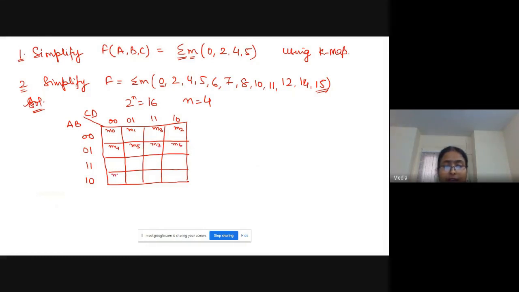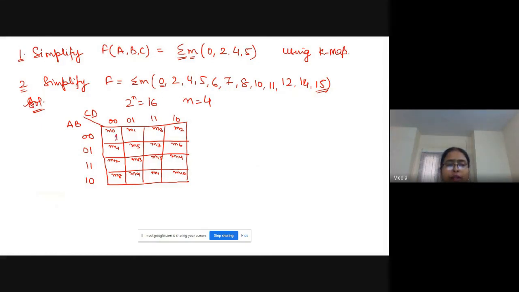Here also this is M8, M9, M10, M11, M12, M13, M14, and M15. If in terms of M it is given, you write it like this and put the ones corresponding to these numbers given.